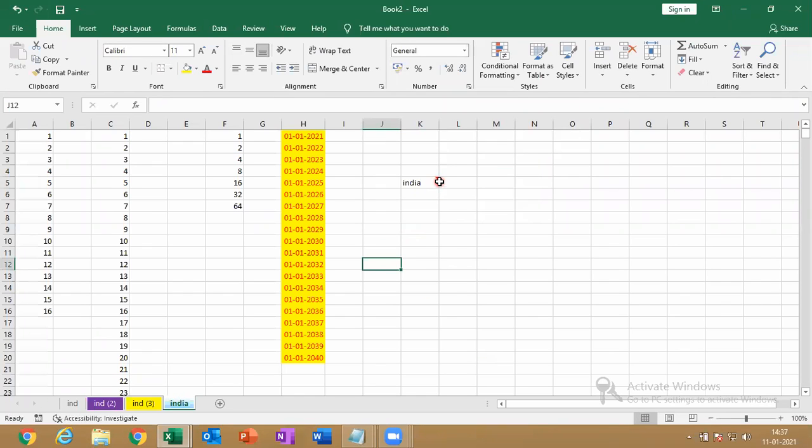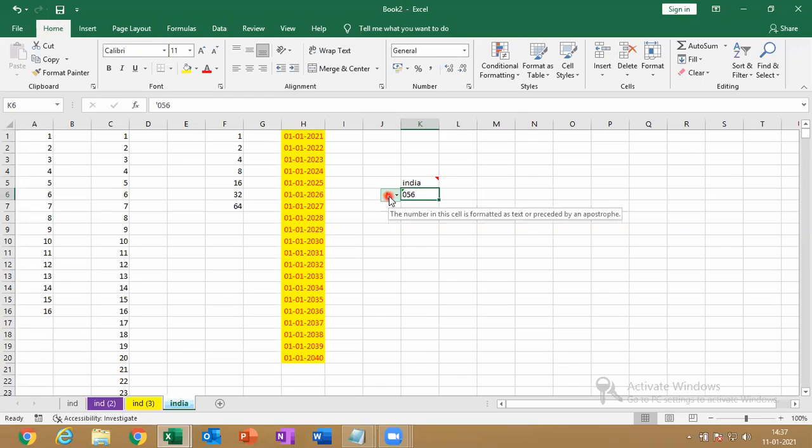A triangle on the right side shows that it contains a comment. Then I create an error deliberately by giving a single inverted comma at the start of 056. On the left side, see there is a green mark showing that it contains an error. What is the error?